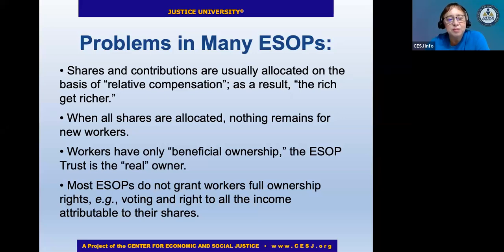So then there's some other technical things which Mike Graney, as an ESOP administrator, can explain in greater depth. And also many ESOPs don't grant full ownership rights. Most don't pay out dividends the way we say they should. And they also don't spread voting rights beyond what's required under law.